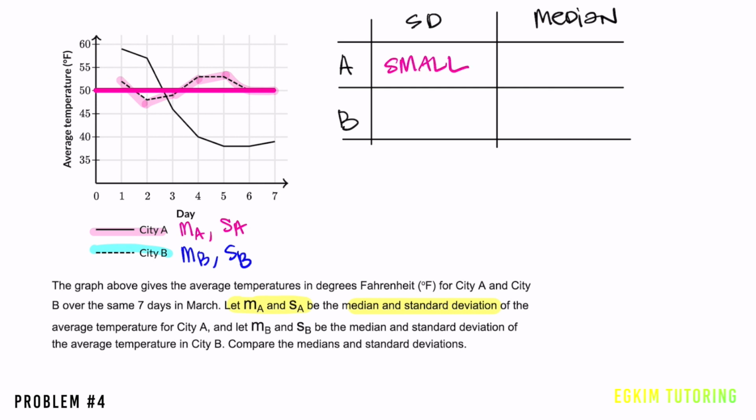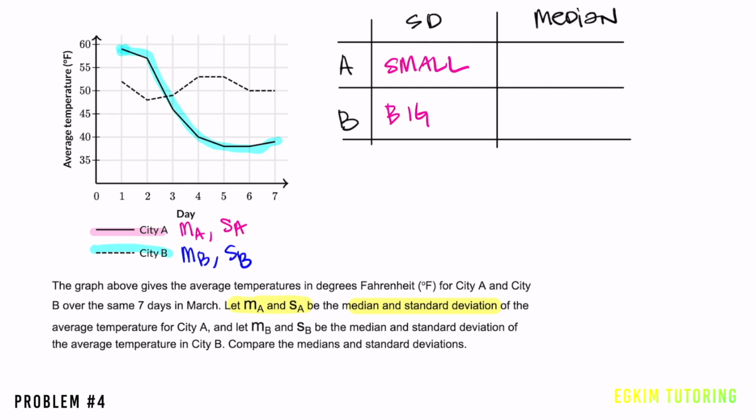small. For city B, the temperature starts at 59 degrees Fahrenheit and then pretty much drops all the way down to 39 degrees Fahrenheit. So the data is all over the place, there's nothing consistent about it, so the standard deviation here is big. For city B, the data points are so inconsistent that you don't really need to compare it to the mean to know that the standard deviation is going to be big, but let's go ahead and